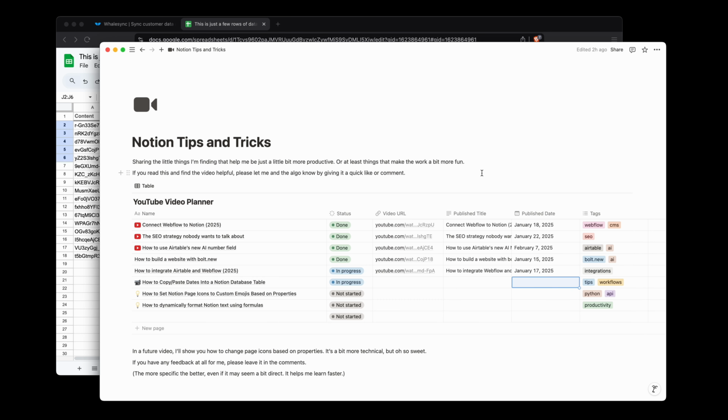One thing that I came across while I was making this video is when I was trying to update the page icons here. And again, I'm a little bit newer to actually using Notion extensively, so this may have been obvious to you, but something I didn't know is that you can't just programmatically change these, because I wanted it to be where when a video is in progress, it gets the camcorder, and then when it goes to done, it gets the YouTube icon. Turns out you can't really do that programmatically built in, but I did find a way to do that with